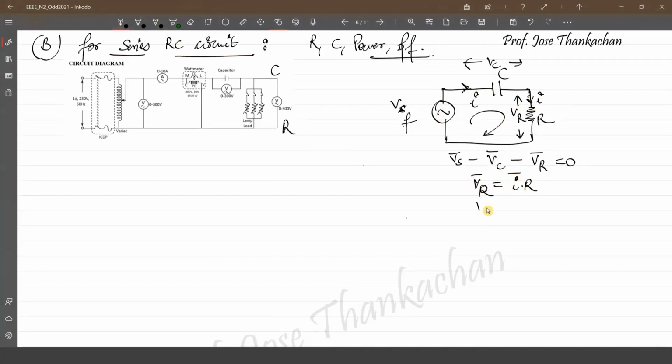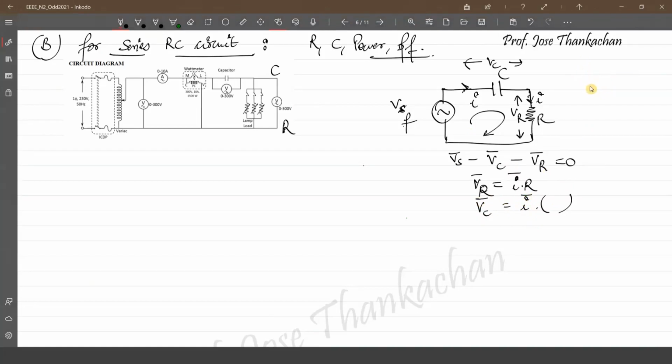Now, what about the voltage across the capacitor Vc? So the voltage across the capacitor, again, as one of you had told, will be current multiplied by the opposition offered by this capacitor to the flow of current, isn't it? For an inductor, we had seen that these both are not in the same phase. Similarly, for a capacitor also, the voltage across the capacitor and the current flowing through the capacitor are not in the same phase, right?